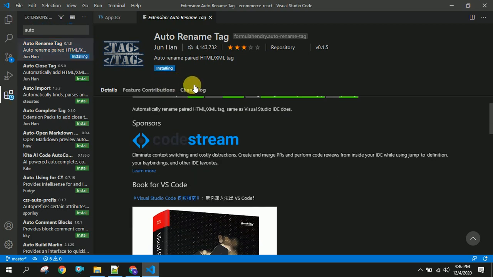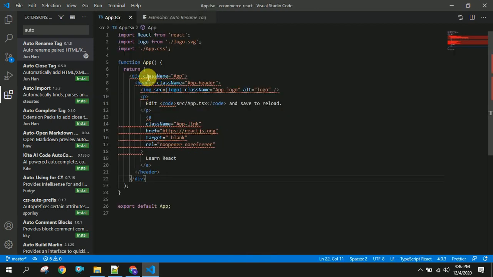I will install this. What it will do is, here if you want to change it to A, then it will automatically change it to A here, and if I change it to div, then it will change it to div like this. So this is one of the advantages of using this extension.